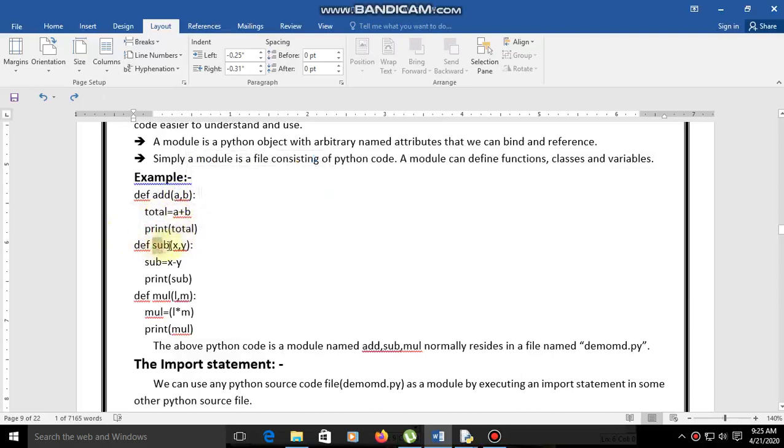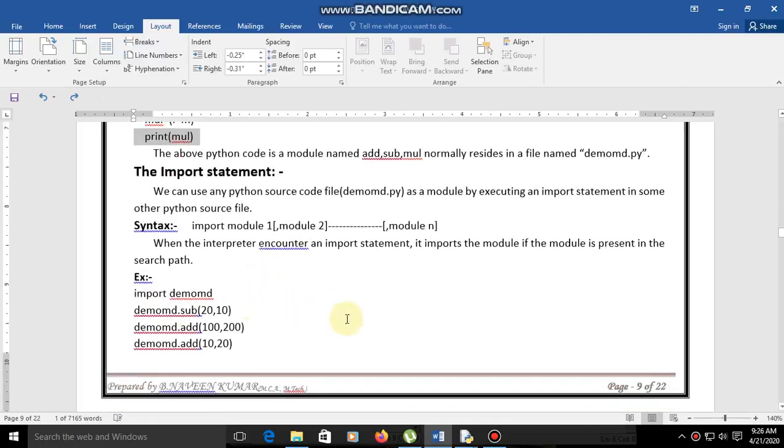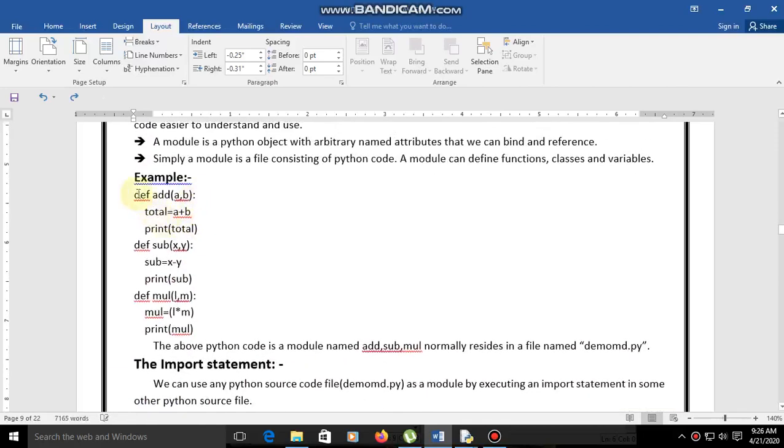For subtraction we gave x comma y arguments, so sub equal to x minus y, and print sub. And here multiplication, that is mul, with l comma m arguments, l into m, and print mul, right? Let us see how we are using this module in another place.